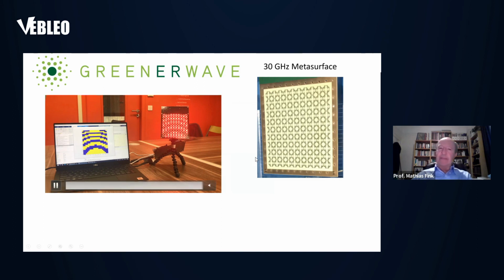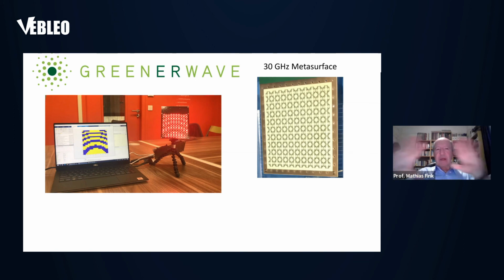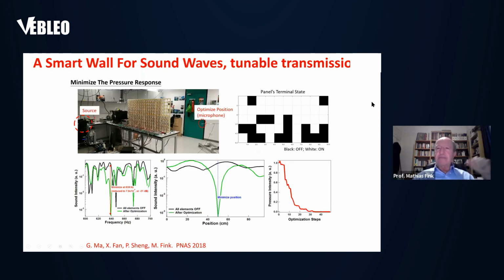Now, all these concepts are interesting for microwave, and if the price becomes very low, which will come in the future, you can cover many surfaces that become intelligent for microwave. You know that we have glass that is intelligent for light. A special glass can change its color or its configuration for light. Now, this will change the environment for microwave. All these concepts that were defined for microwave, we can also look at for sound waves.